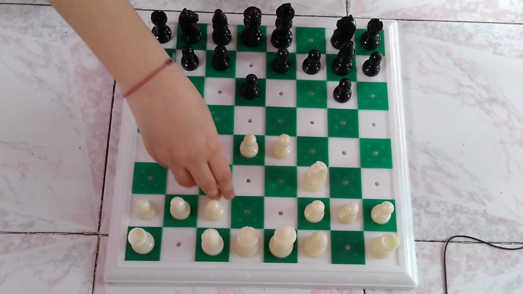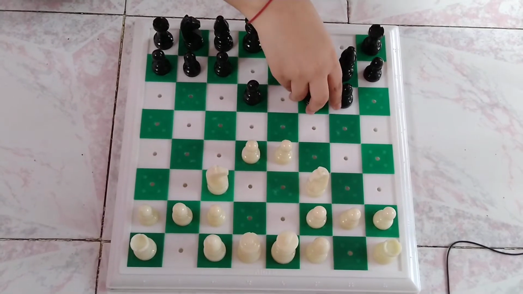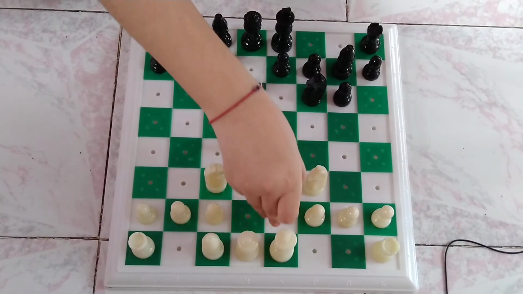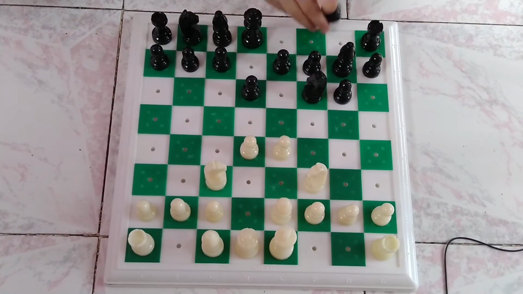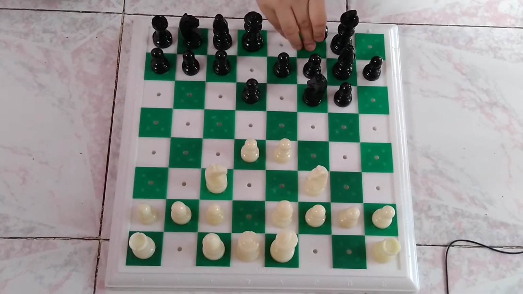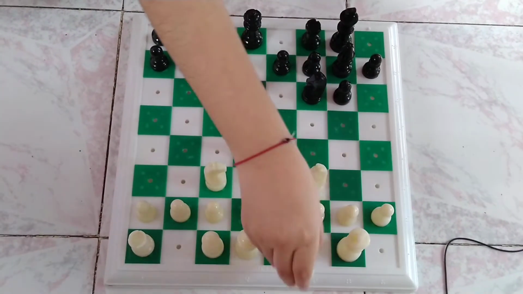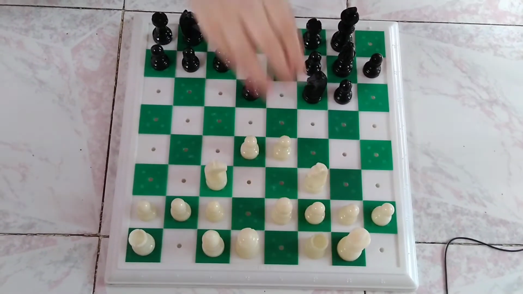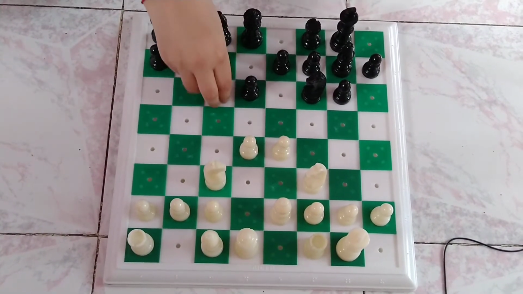Knight to c3, knight to f6, bishop e2 and now castling. Tal also castled on king side, and here knight to c6,